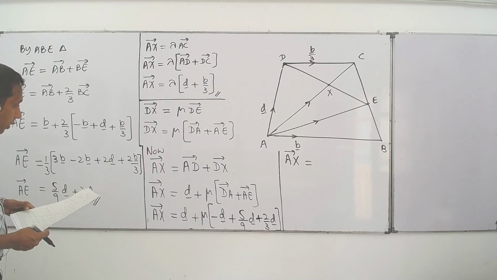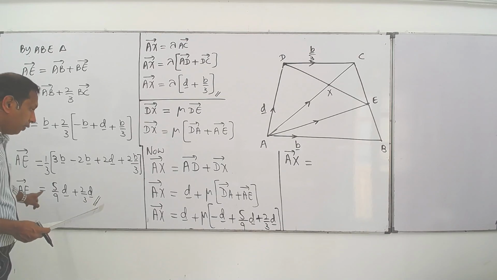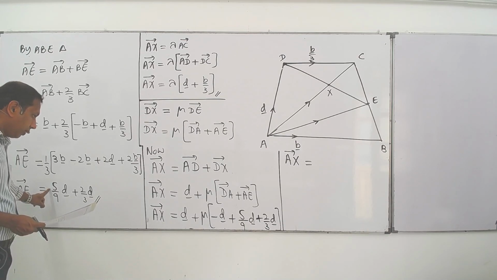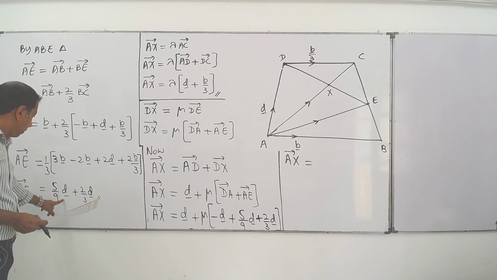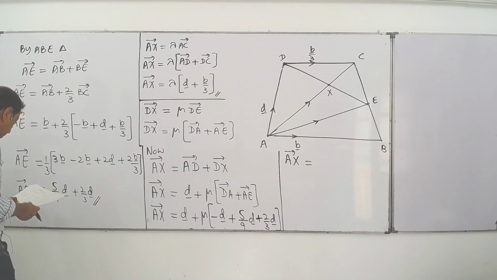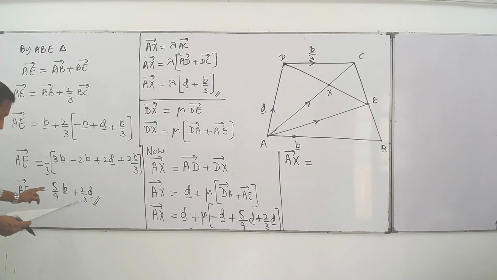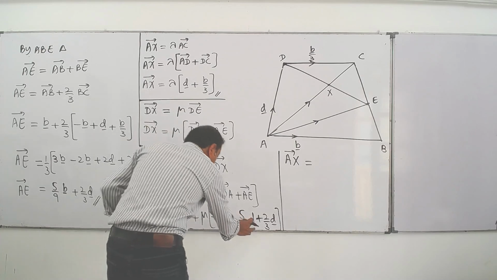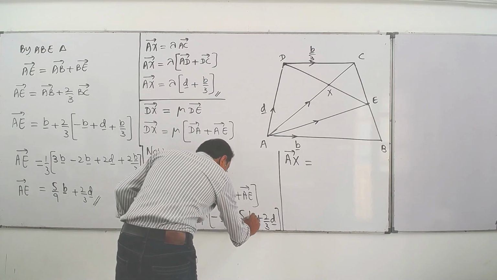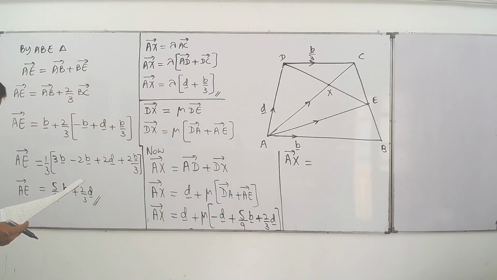AE vector we got 5 by 9 B. Here B, not D. Here we have B, 5 by 9 B. So then here we must write AE vector 5 by 9 B. Correct, no? Okay, now once I simplify that, we get,